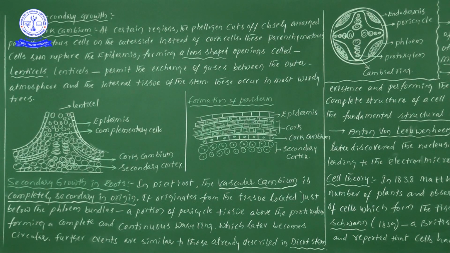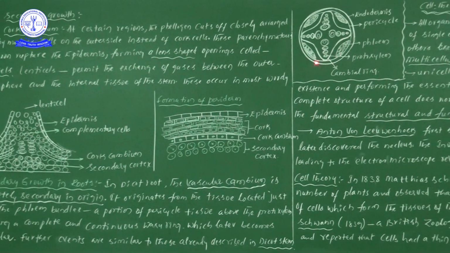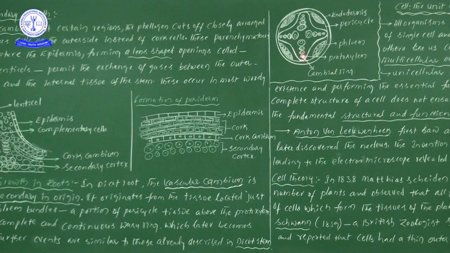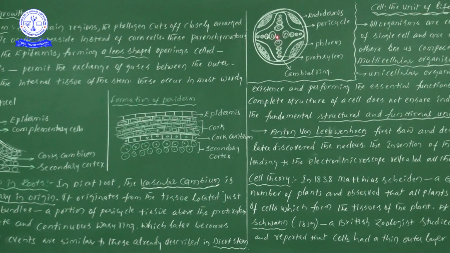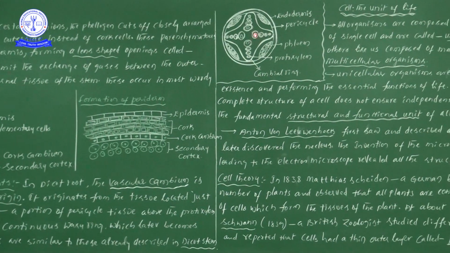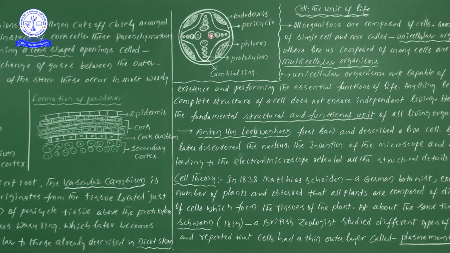So there, what is the point we have learned? Here, once you see, I think this particular diagram is appearing. So once you see, this is metaxylem and here it is protoxylem. One more time, you see it. Exactly at the spotlight, what is this space? Very good. So it is metaxylem and it is protoxylem. The smaller one is proto and the bigger one is meta.